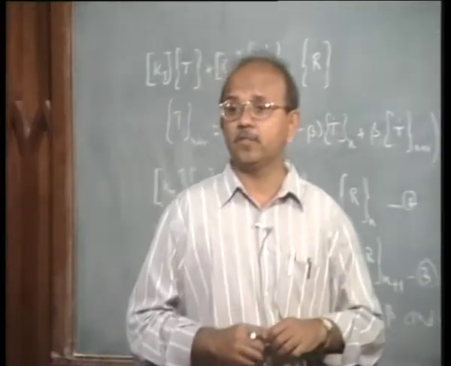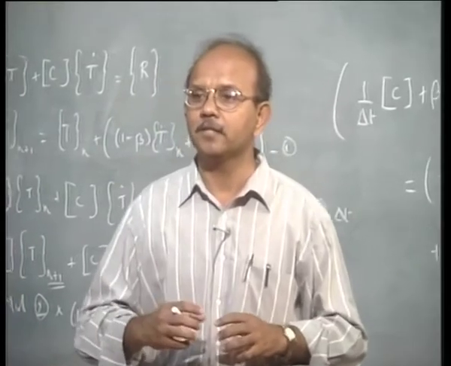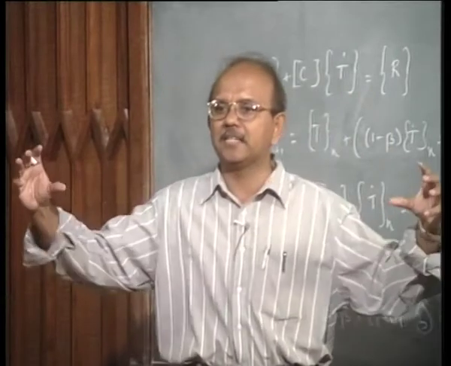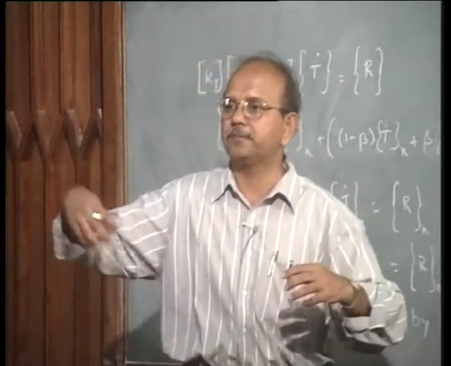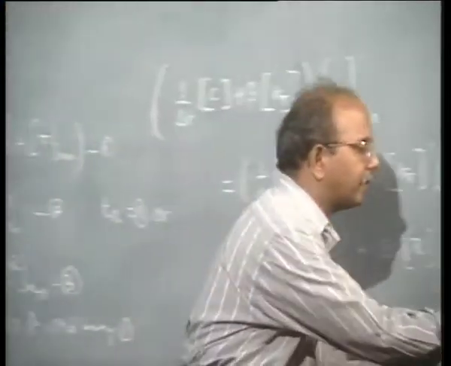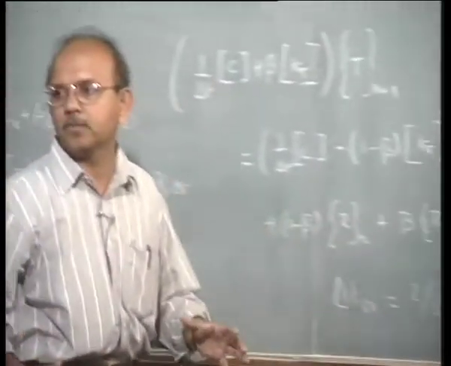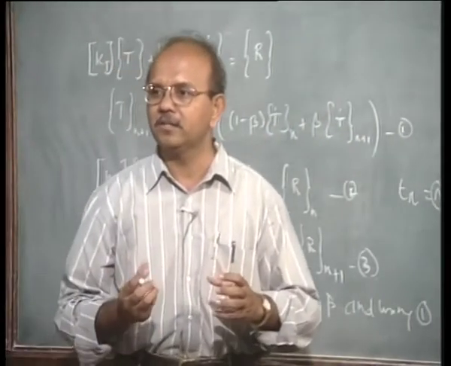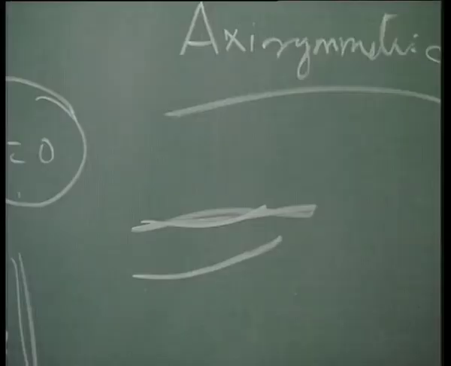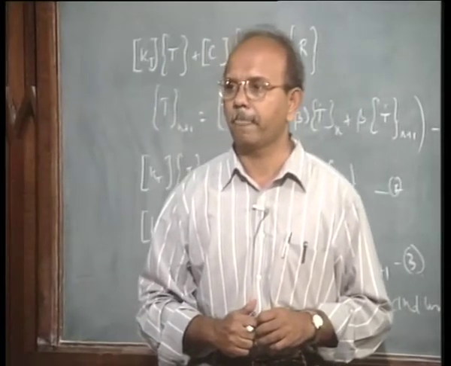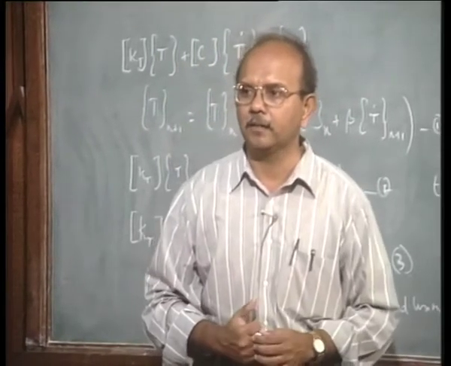Now the distortion of this pipeline becomes important. Why? Because if the distortion keeps increasing as you keep adding these pipes, the axes are not the same. The axis keeps shifting, so instead of getting a straight pipe like this, you will get a pipe like this. Then laying becomes a problem. So you have to study the distortion, understand why it happens, and then adjust it. When you know the cause of distortions, it is easy to take corrective action. Is that clear? Let us now look at that problem.